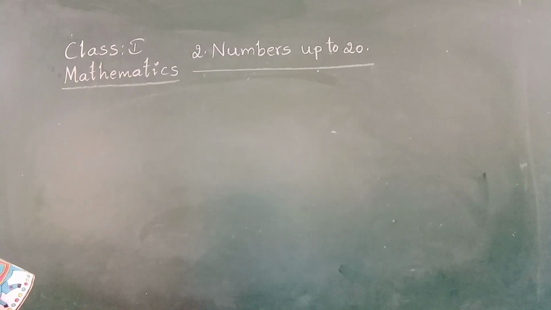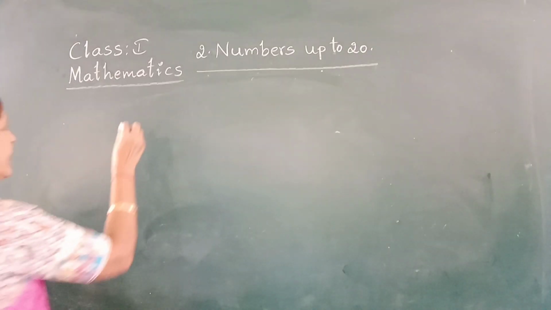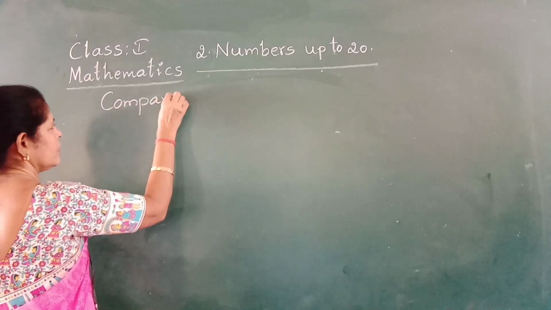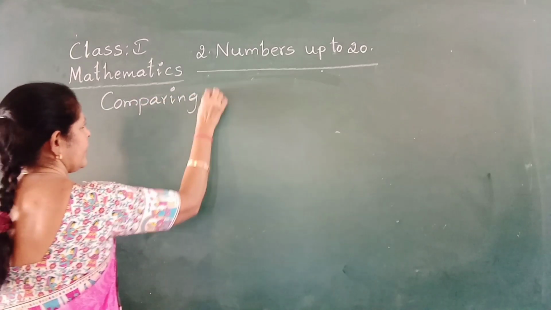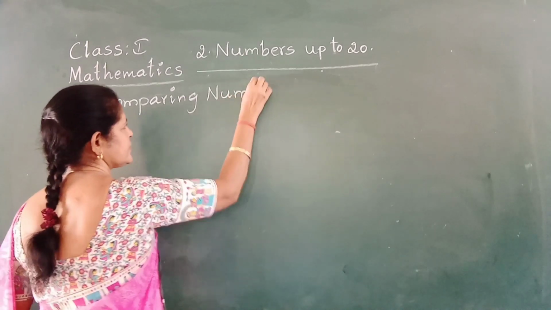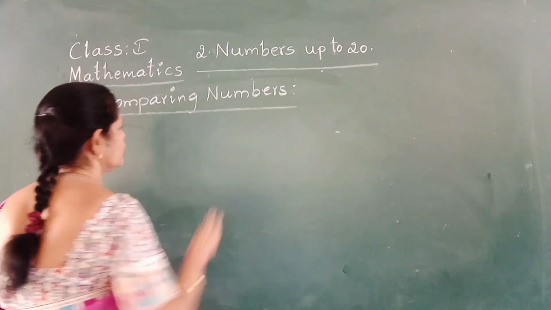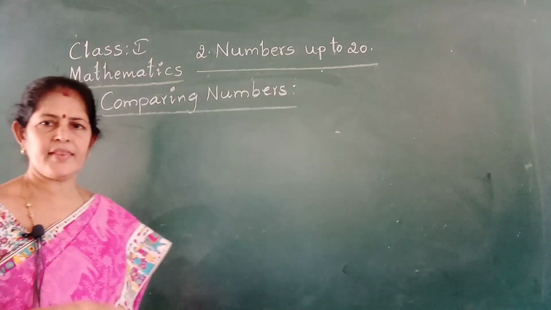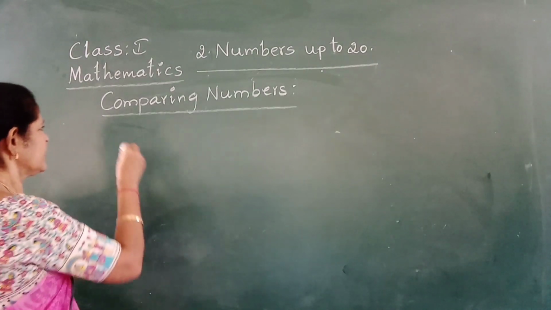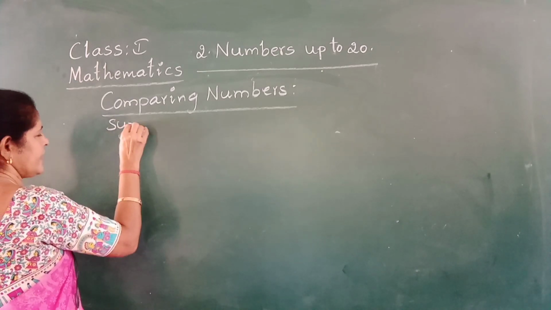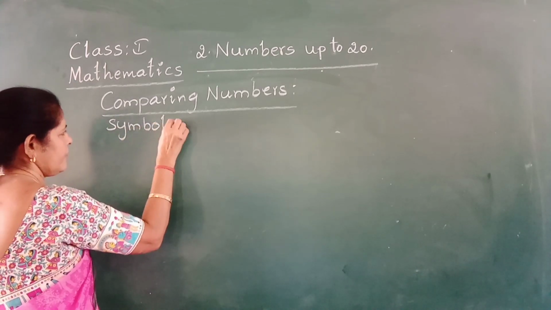Comparing numbers. Which is greatest, which is smallest, already I taught you. Next, we are going to compare the numbers. Here we use the symbol for greater than. The given symbols are: